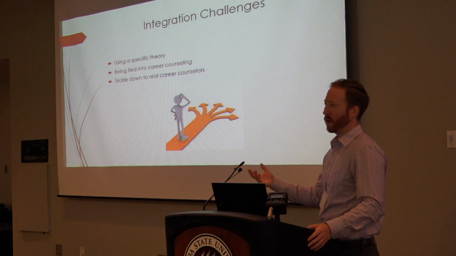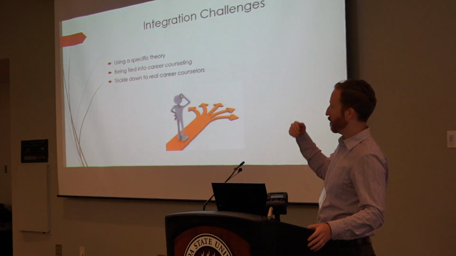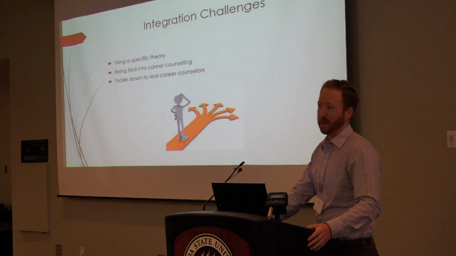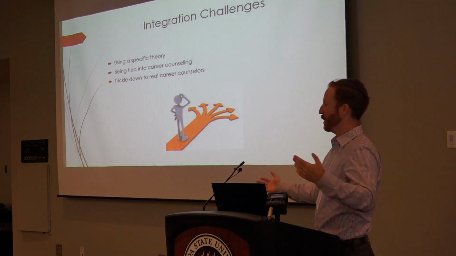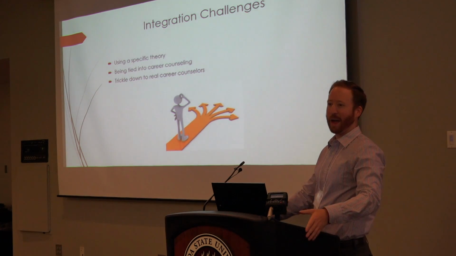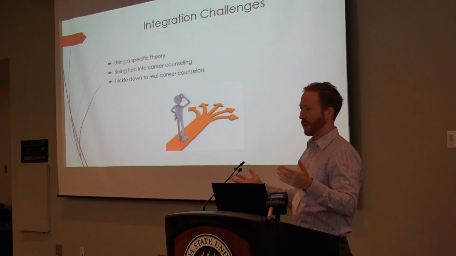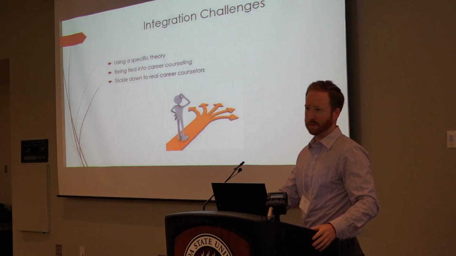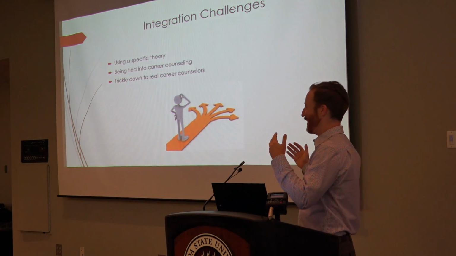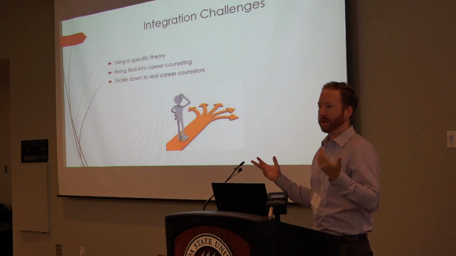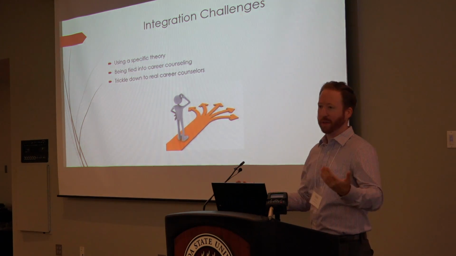So one of the examples I like to use for myself is that I work at the University of Florida. About 200 feet away from me is the Career Center. We have no contact with each other. Our lives are just different. I almost never see them, I never work with them. The model they use there is a chaos model. Not actual chaos, but chaos theory. Okay? I love chaos theory. I think it's really cool. But I don't do anything in that area.